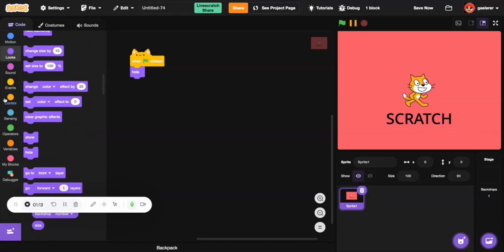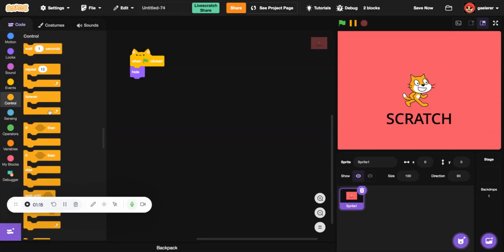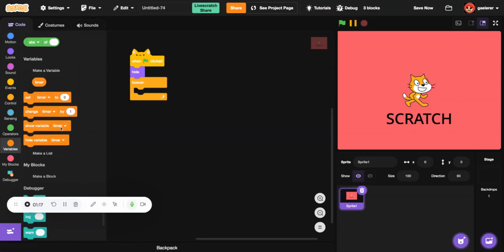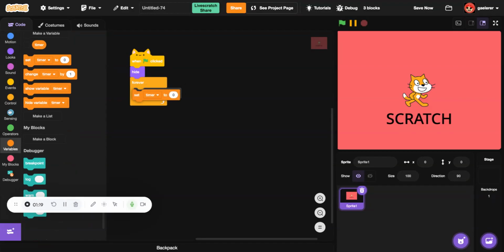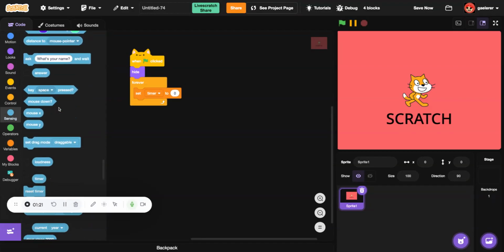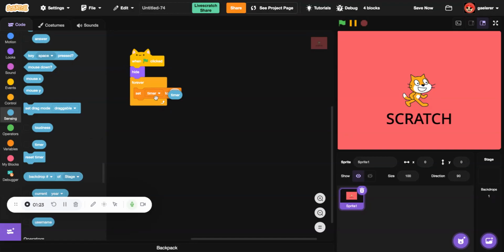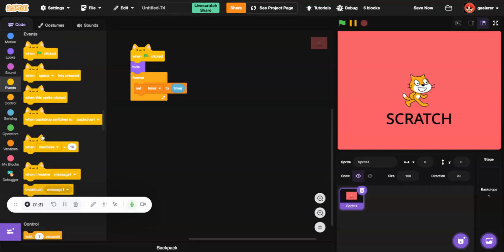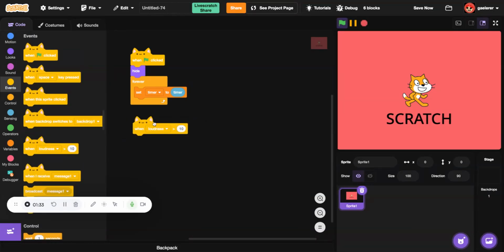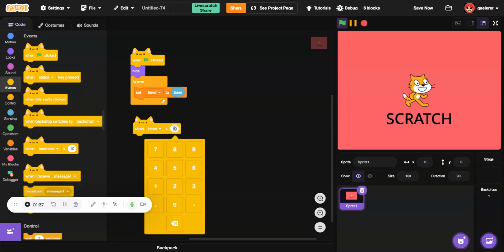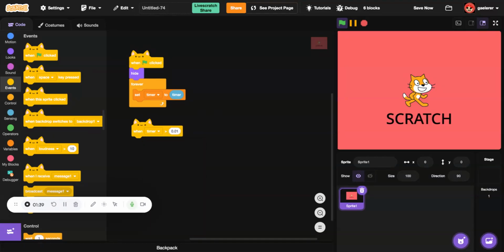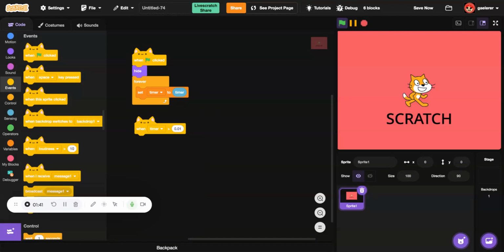Now put a forever, set timer variable to go to sensing and the timer of the sensing. And now when timer is greater than 0.01, okay,